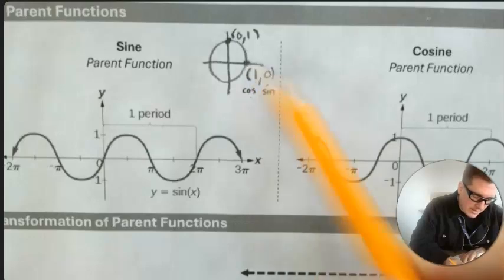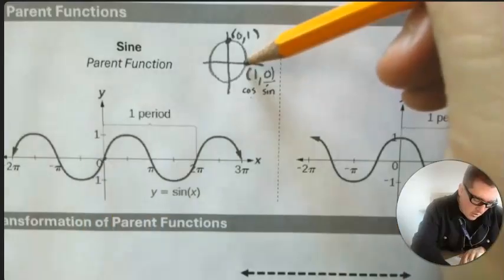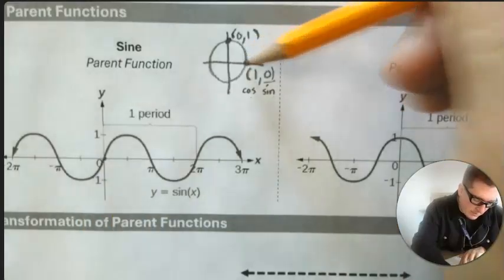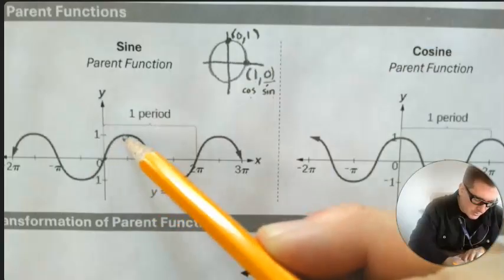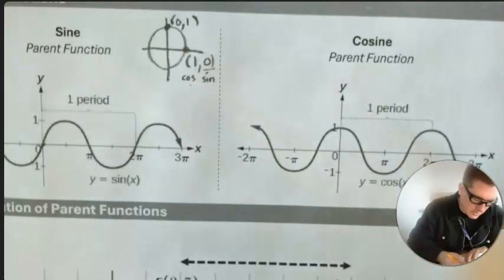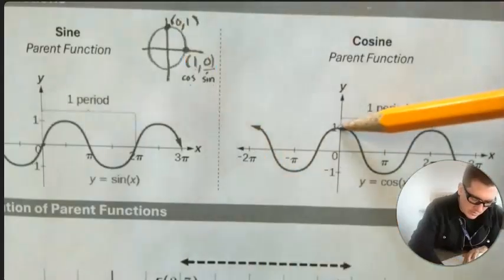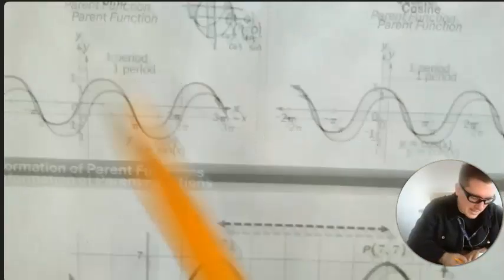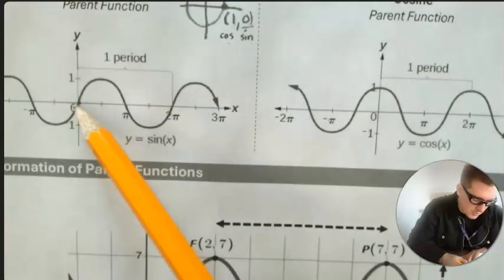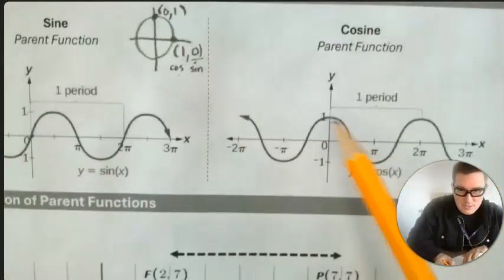Now if I start here, my sine starts at 0. And if I go around, my sine rises from 0 to 1. So that's what happens to my sine function. But my cosine function starts at 1 and goes down to 0. So it starts here at 1 and it goes down to 0. You must memorize that a sine function goes up and then down, and that a cosine function goes down